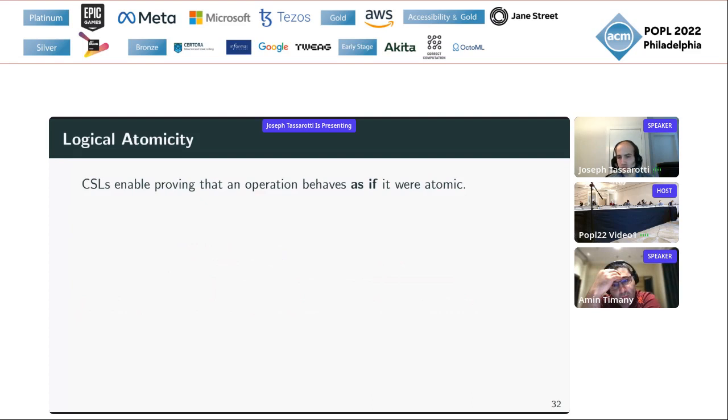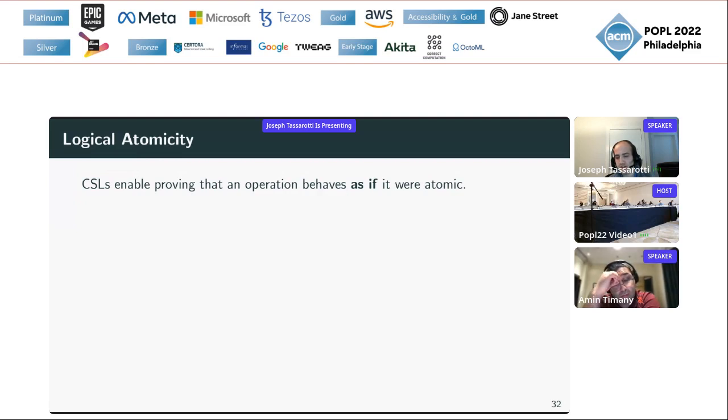There are a number of motivations for why you want to prove such a thing. First, it's in its own right an interesting correctness condition. But also, a number of these logics allow you, if you've established that, to use special reasoning principles when thinking about code that has this property.